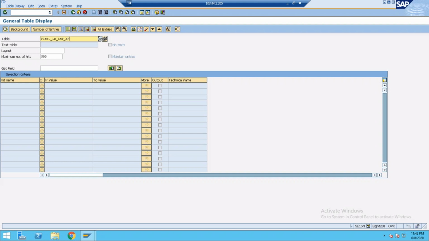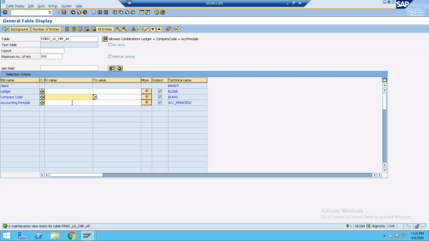I told you, irrespective of whether you are working on ECC 6 or on 4.7, it's mandatory. New GL is mandatory. So you have to add the new GL features before migrating or after migrating, depending on which version you are going to migrate to. In certain versions, you have to do two migrations. In certain versions, you only have to do one migration. That also we will see. So I just want to check for this company code, what are the